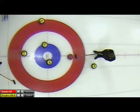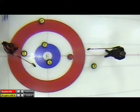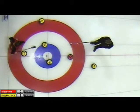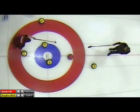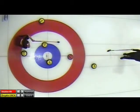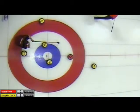Tough for Stubbe to get more than one here. He's sizing it up, but this is the last rock of the end. This will be the hammer. And what do we think the call is? Maybe a tap back of the red? Yeah, it looks like it might be a...